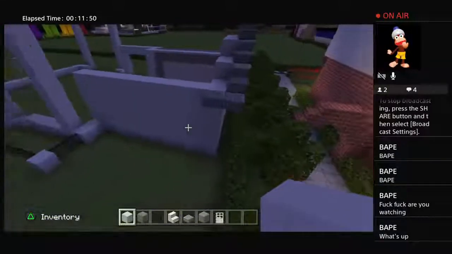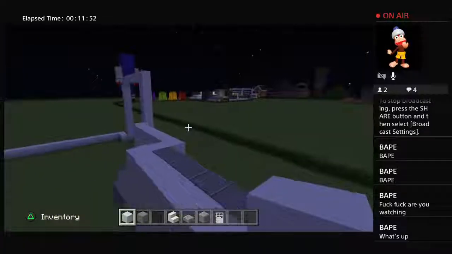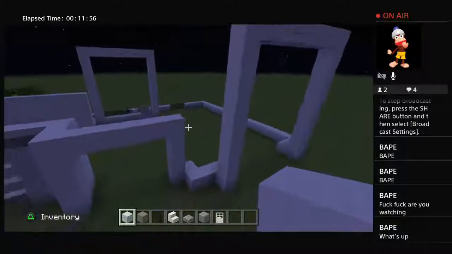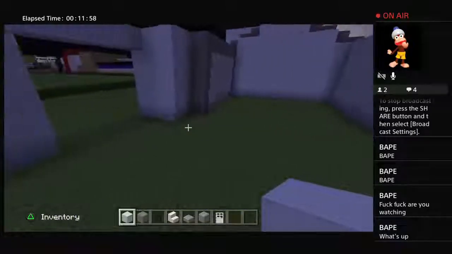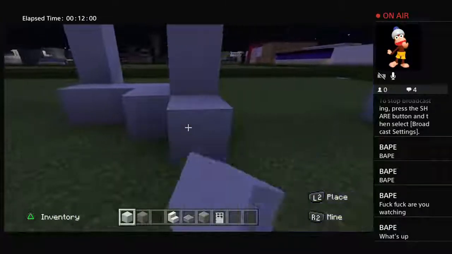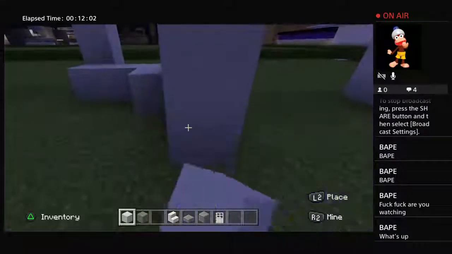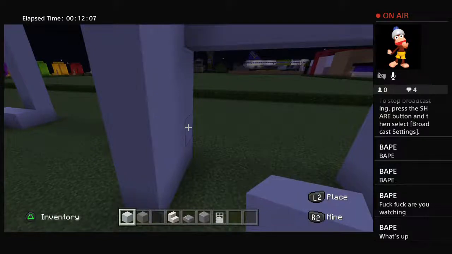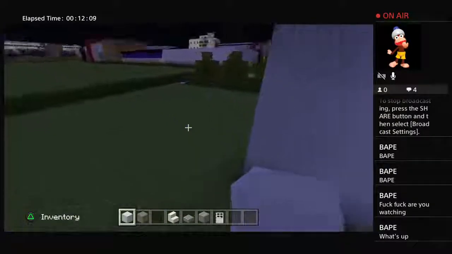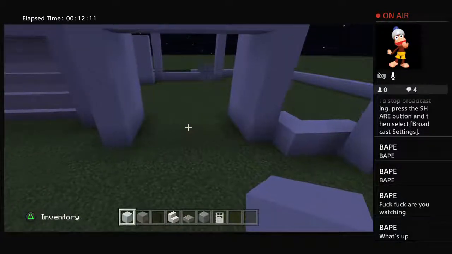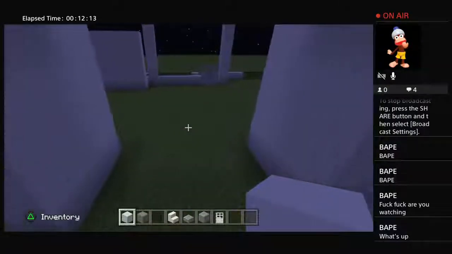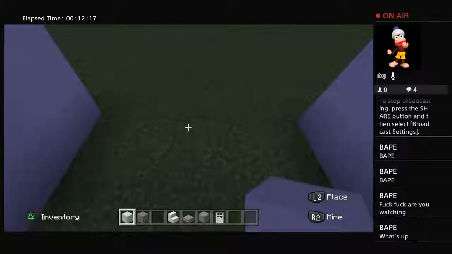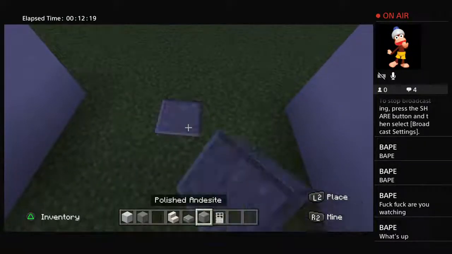Well, we have to make the actual entrance. So the entrance is here, just right of the garage, and we want to place two rows of white concrete extending backwards. So 1, 2 on this right side. That will remain even with that left side over there. And basically what we can then do is take the inside here and place a door right in the middle of this empty space. So I'm just going to destroy that, place a polished andesite, stick a door there,